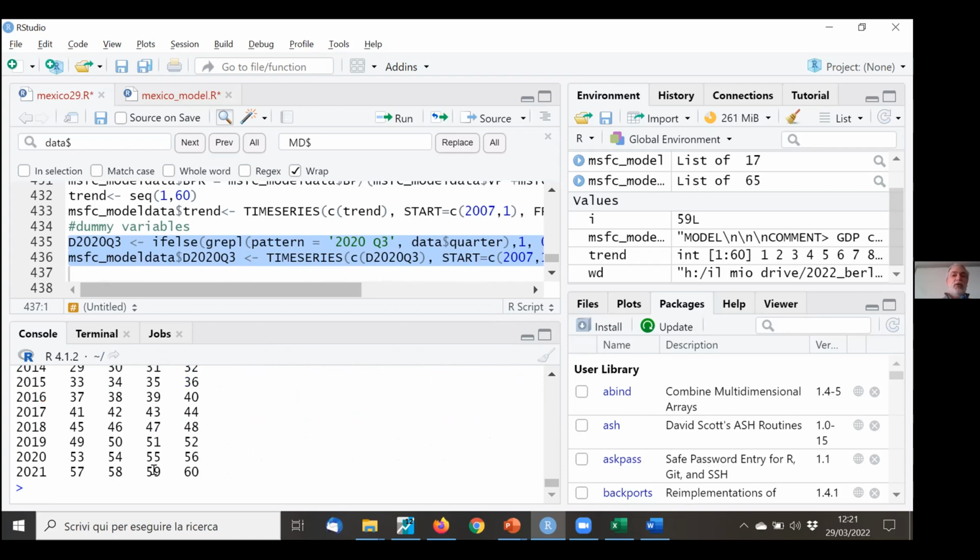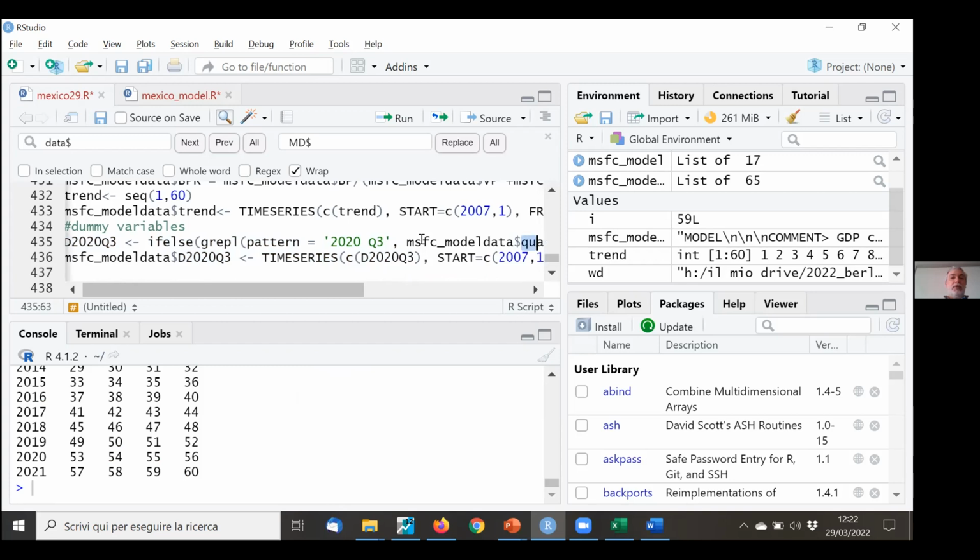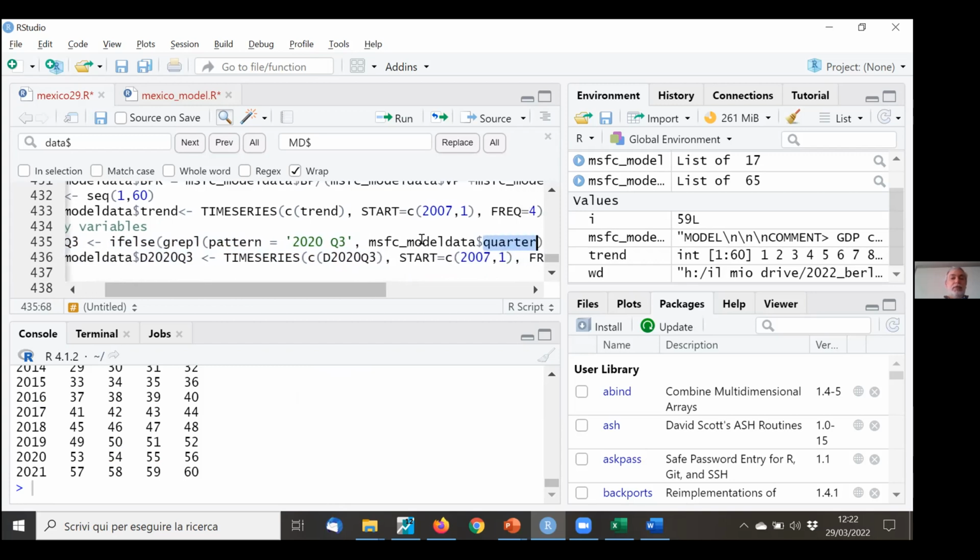I think I can use this. 2020 Q3 would be 55. So I want to have MSFC model data dollar trend, and I want this to be equal to